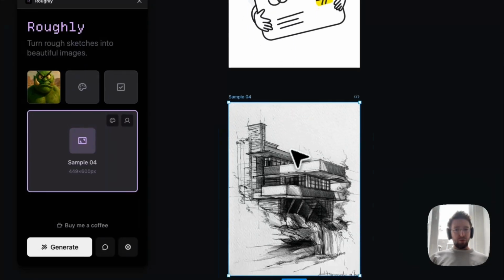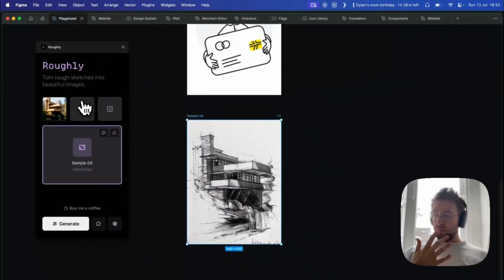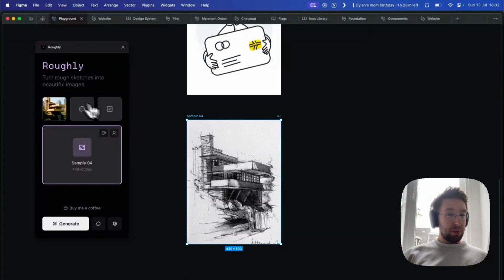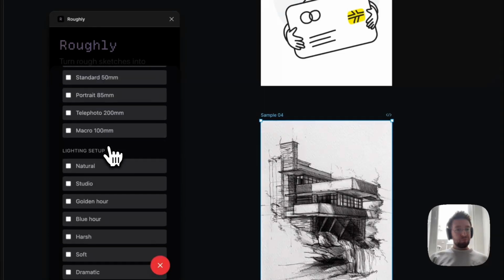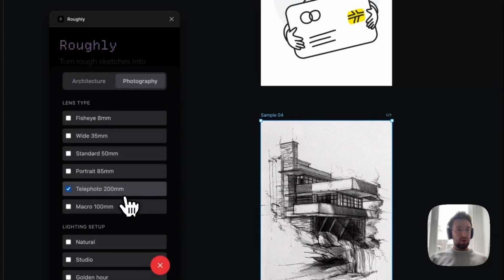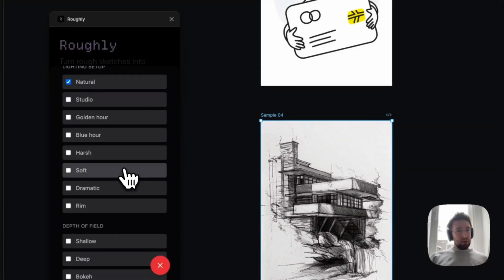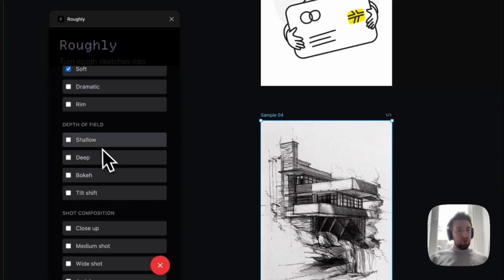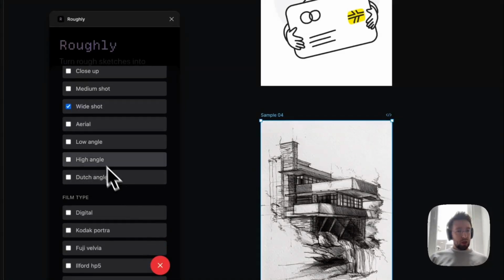For example, we'll take sample 4 here, which is focused on architecture. Maybe we'll need a photographic imagination of what the sketch will look like if we actually build the house. We can do that too. Say we take a wide angle lens, or not wide angle, telephoto, and we add natural light. It's soft. And soft, we have some depth, deep depth of field with bokeh. Bit of tilt shift could be cool. It's a wide shot, low angle,